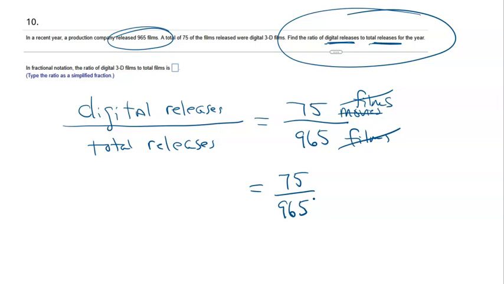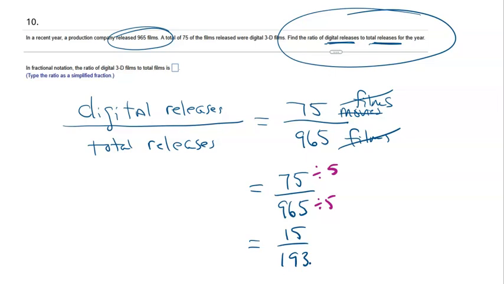Now, let's think about this, right? What number do we clearly see divides both 75 and 965? And we know that both of those divide by 5. Why do I know? Because any number that has the ones place with a 5 or a 0 is divisible by 5. So let's do that. Is that the greatest common factor? Who knows? But it's going to be the fastest way to get this job done. So 75 divided by 5 gives me 15, and 965 divided by 5 gives me